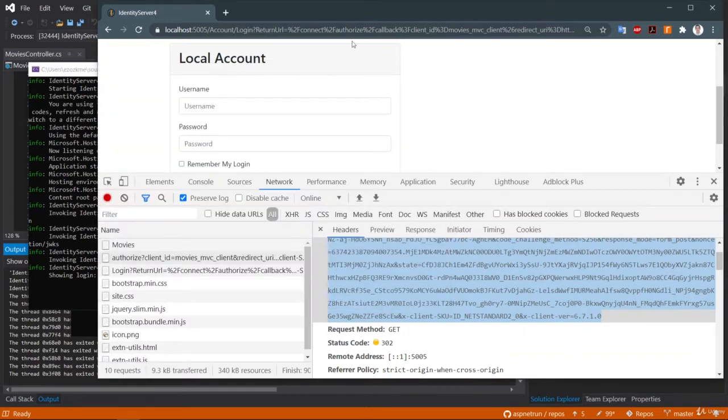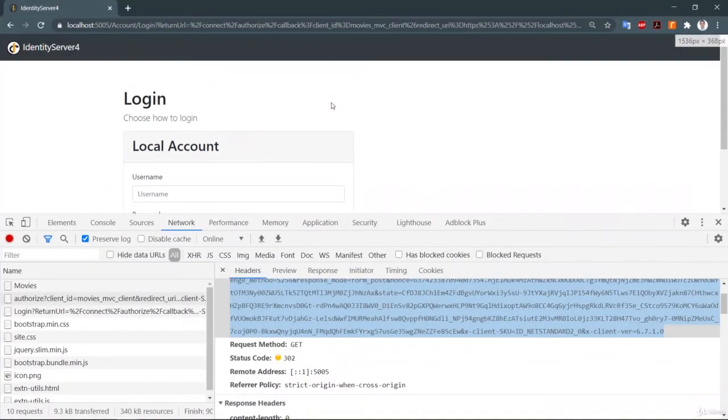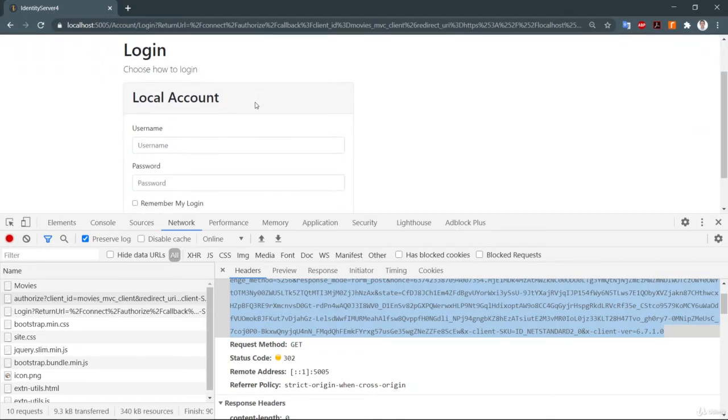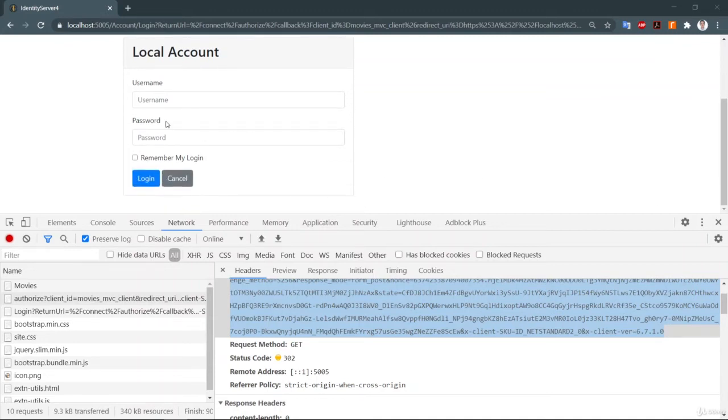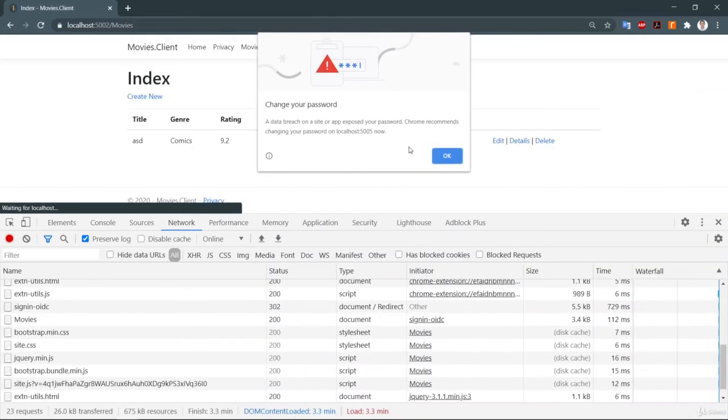After that, as you can see, we saw the login window. This login window is the IdentityServer4 project, right? So we should log in to this system, and after logging in, it will redirect us to our main client MVC client project. After we enter valid credentials, we are going to be redirected to the consent page, and we are going to see our requested data. Let me log in to the application. We have a user named Mehmet and the password is Mehmet. Let me click login and see what happens.